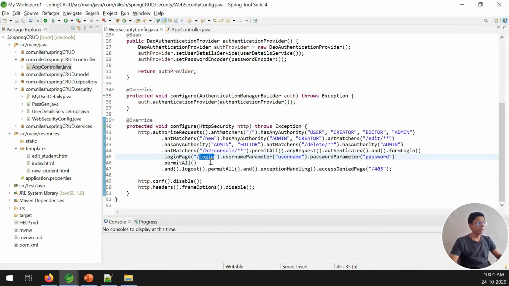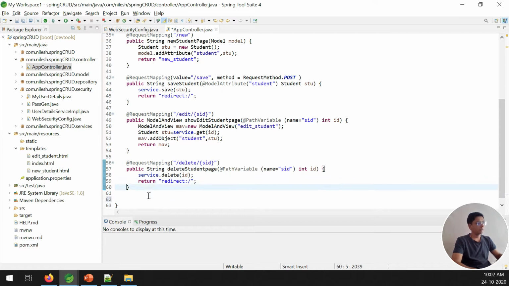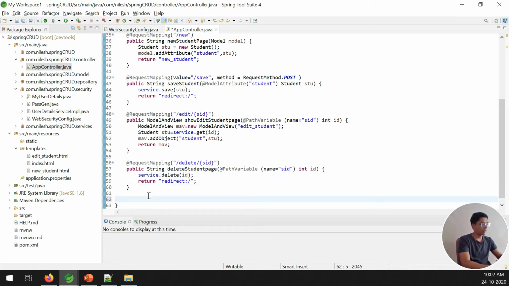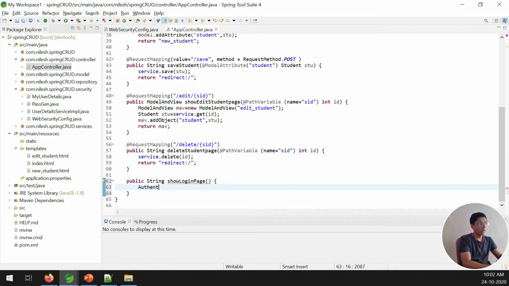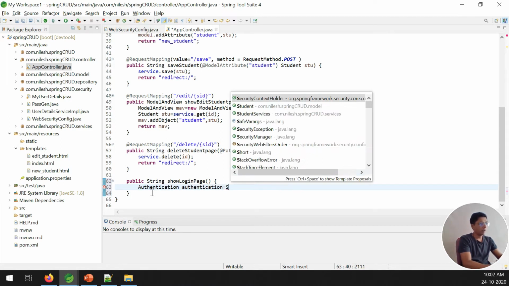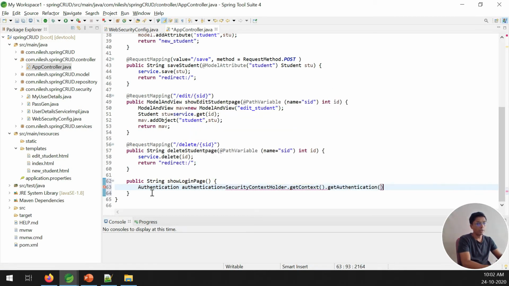Then I want to create this /login action inside the controller. For that I have to open the app controller over here. I want to create /login. So first I have to create a method, String loginPage, and inside this loginPage I want to create one object of Authentication. Authentication is equal to SecurityContextHolder.getContext().getAuthentication().